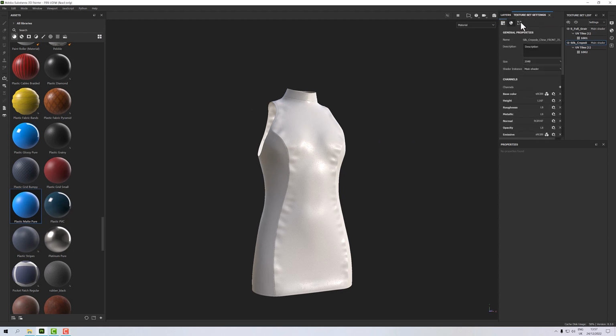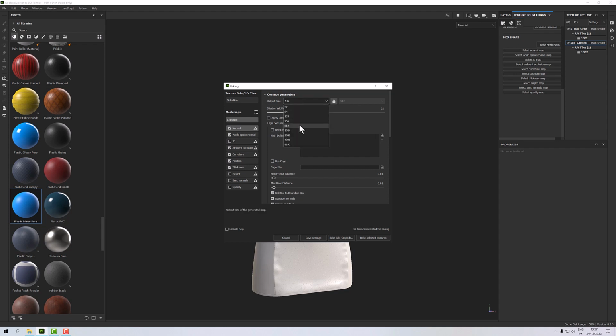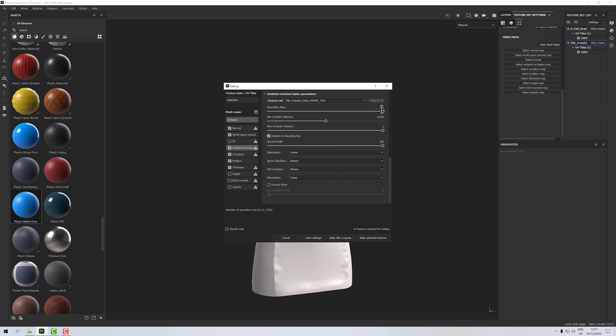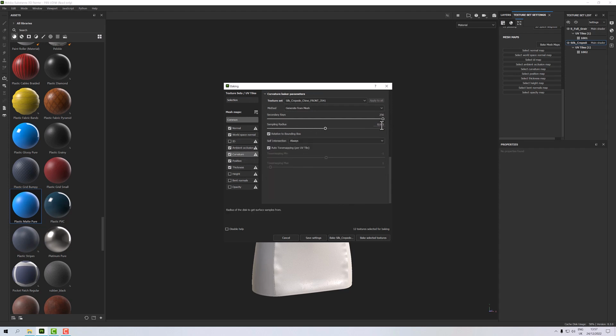So texture set settings, and then click on this little box to take us down to the baked mesh maps, and I'm going to go to 2048, and under my ambient occlusion you'll notice I'm at 256 and 0.005 for occlusion distance, and curvature is the same. They're not default values, they're my default values. So just set those, and then apply to all, so it applies to all your texture sets, and then bake